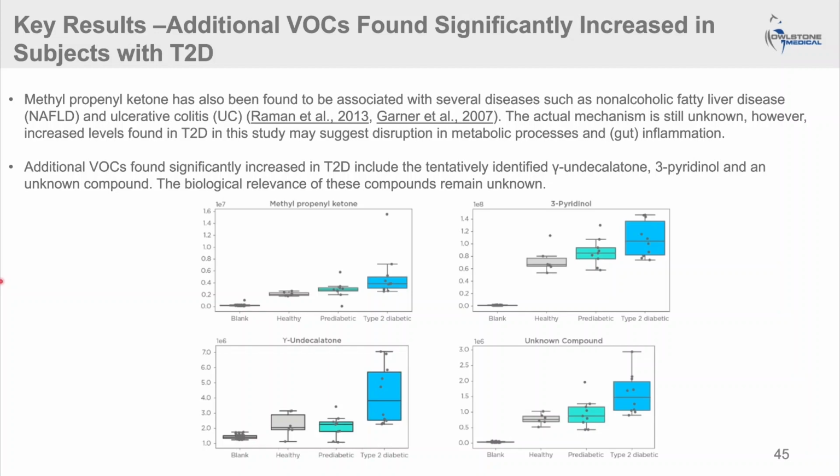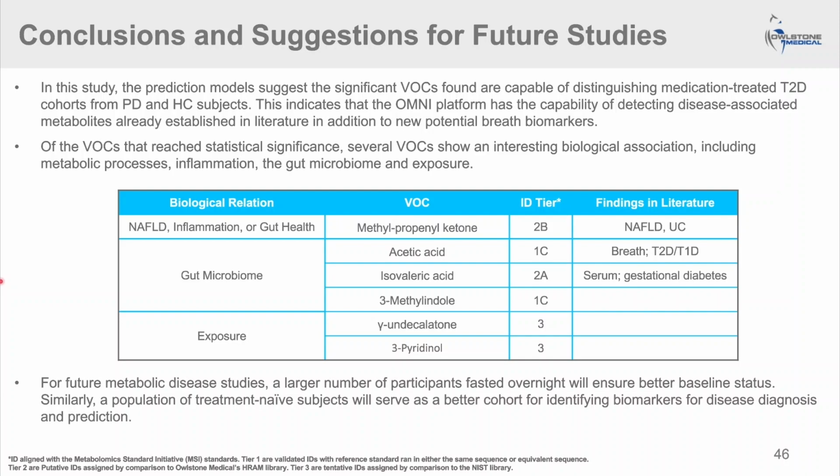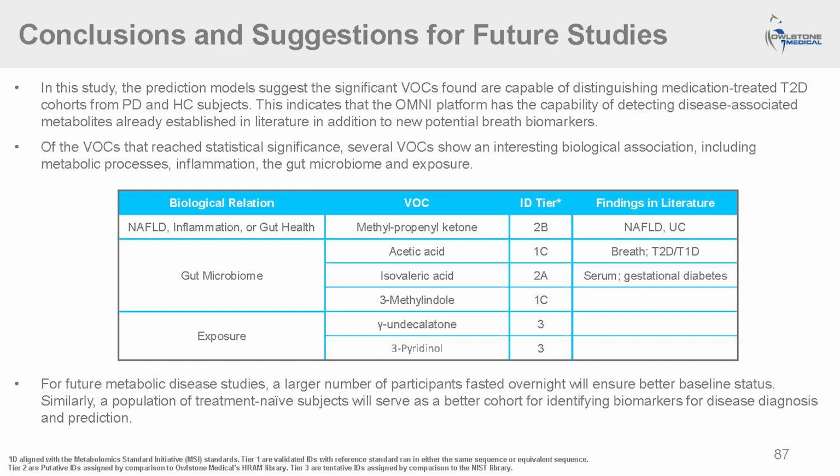But anyway, these results show that there are VOCs that show alterations in subjects with type 2 diabetes. So just to summarize, statistically significant compounds may have been generated by alterations of the gut microbiome or may have been generated by exposure. And in particular, this latter could be evidence that the subjects with type 2 diabetes could not metabolize these compounds as efficiently as healthy subjects. Now, I will hand over to Liz to talk about additional aspects of breath analysis.